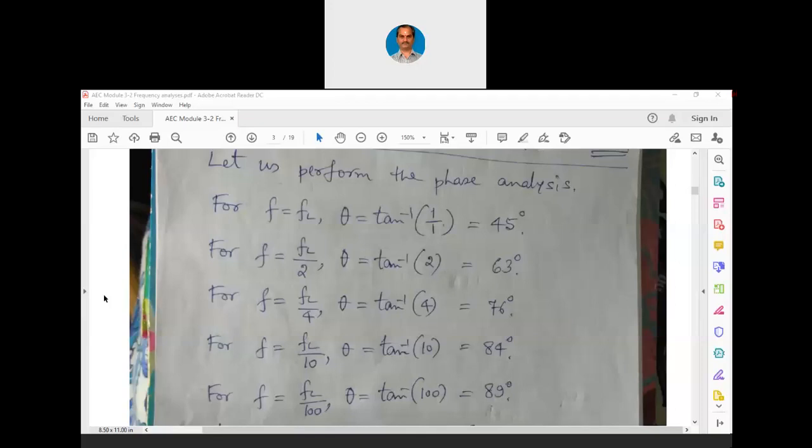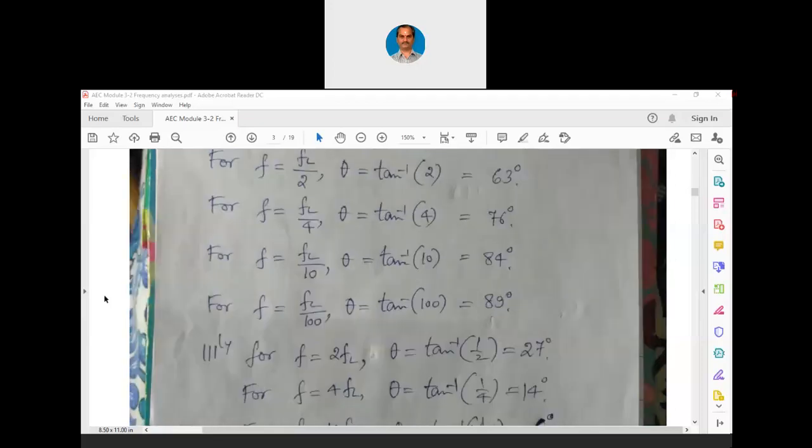Now we can have a magnitude plot, and we can have a phase plot. Both are Bode plots only. Actually, a Bode plot contains both of them, the magnitude plot and the phase plot. And we have been finding out this angle without conducting the experiment. Please understand, only by going through the mathematical analysis itself, we are finding out all these angles.